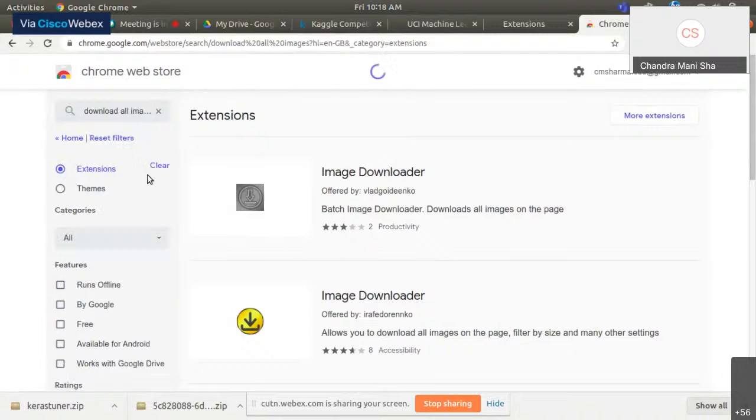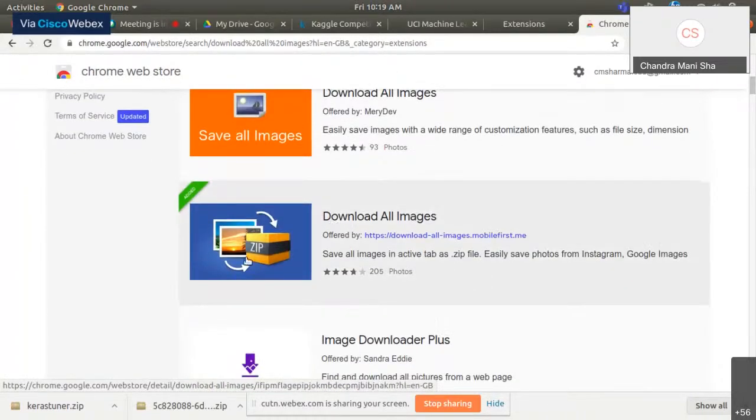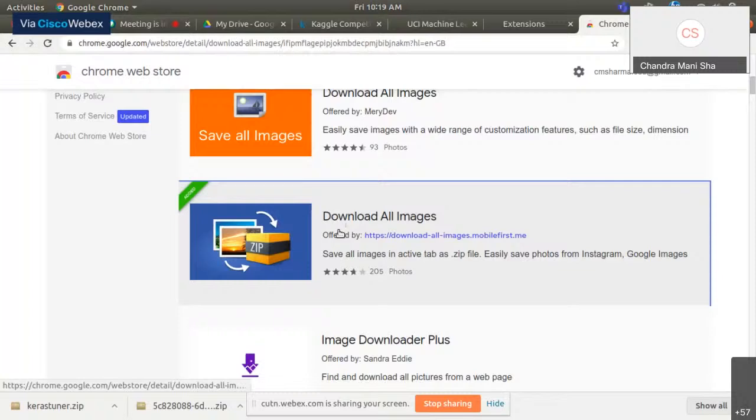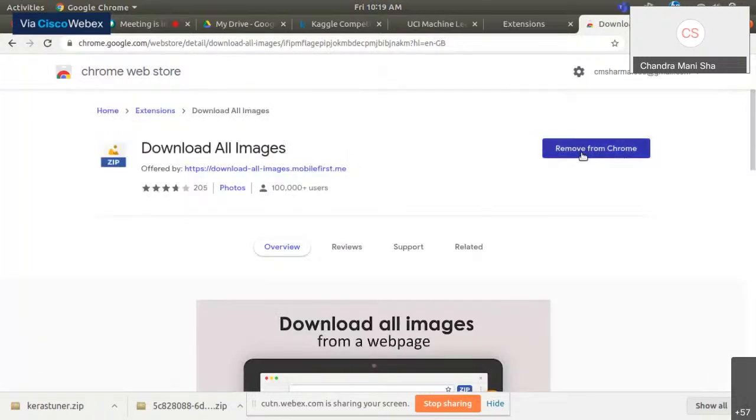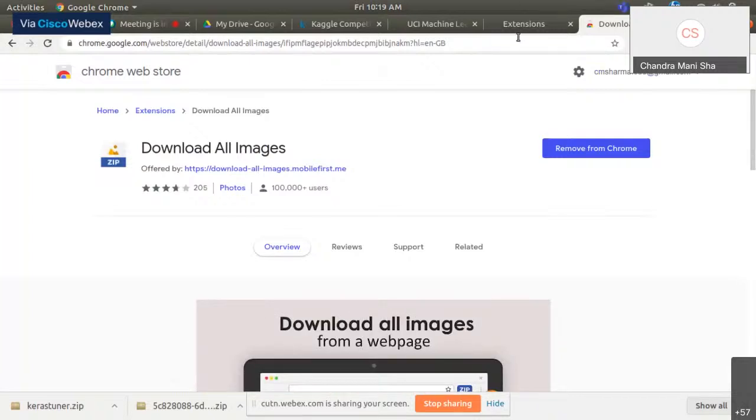And from here, there are themes and extensions. We are just interested in extensions. And then here it comes. So this is the zip icon thumbnail coming up here. And this is the extension that we need to integrate with our Chrome browser. And just click here, and it is already integrated with my browser. But if you are integrating it, then you'll get here an option of adding it to Chrome. So once it is added, okay, so what next you need to do,